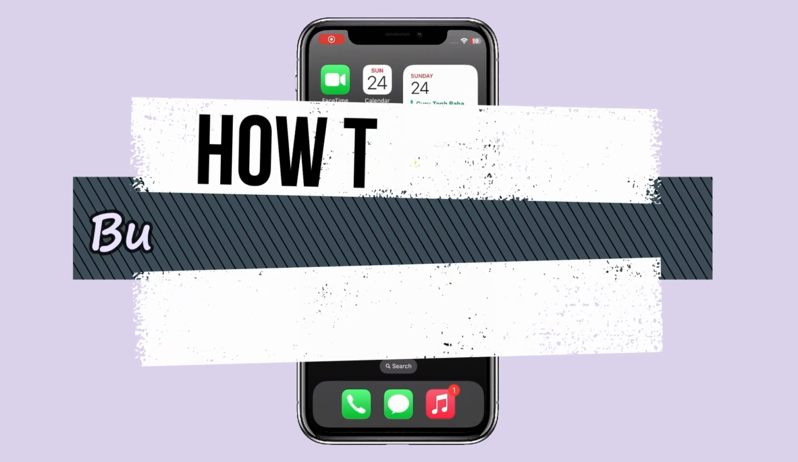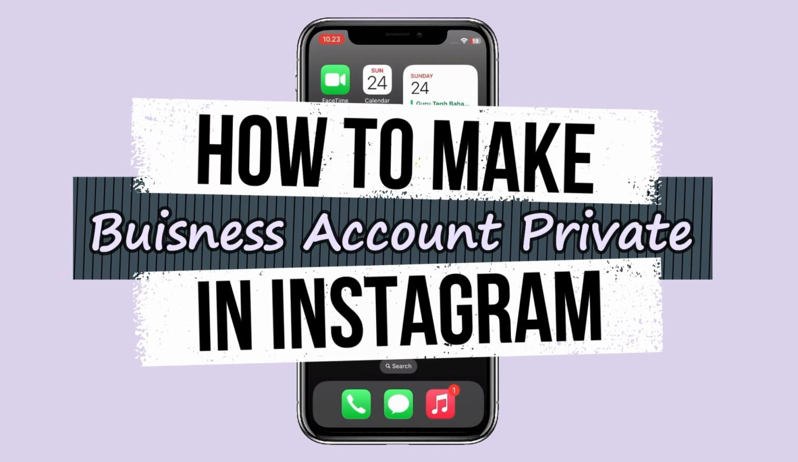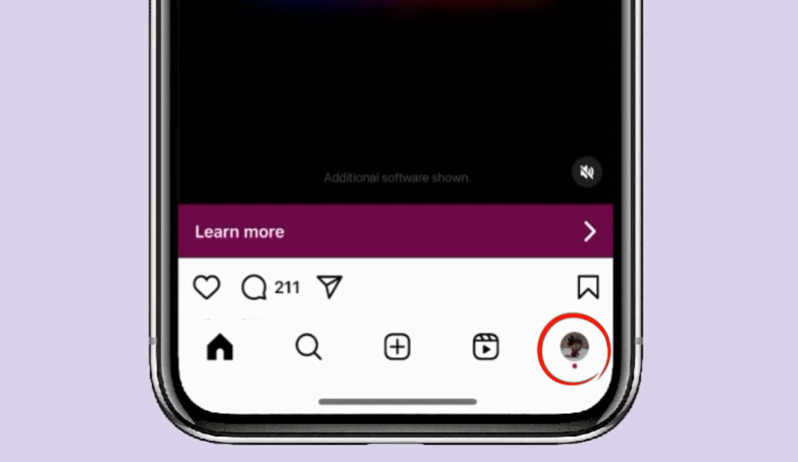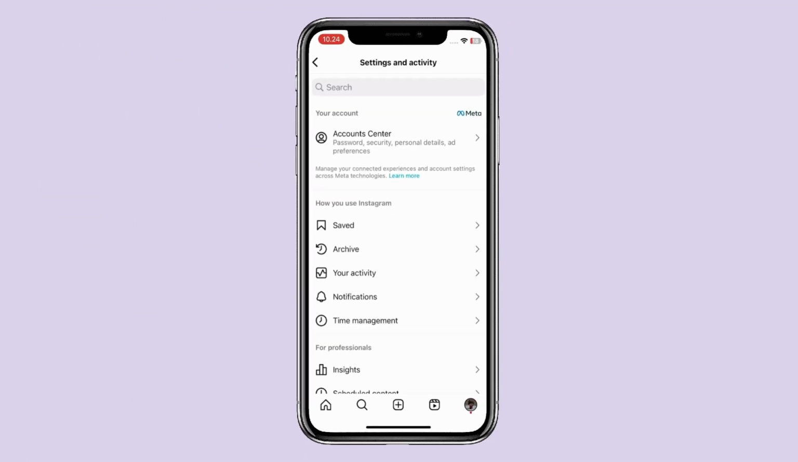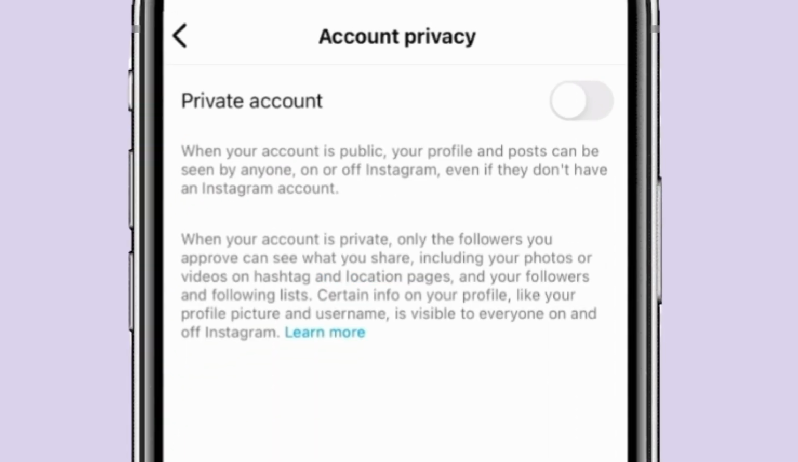Today in this video I show you how to make your Instagram account private after making it a business account. You can see if I open my Instagram app and then click on profile icon, open menu by this icon. Now scroll down to find account privacy. Open account privacy. Now if I want to make my business account private by turning on this private account toggle,